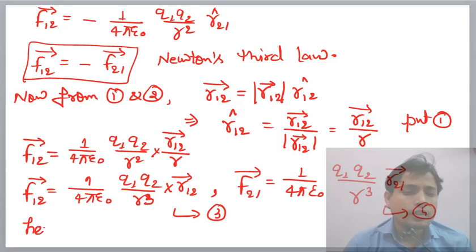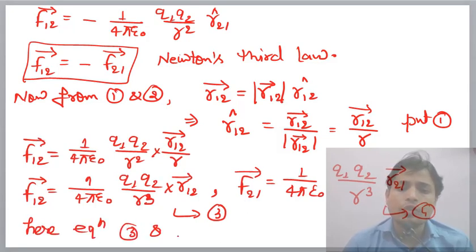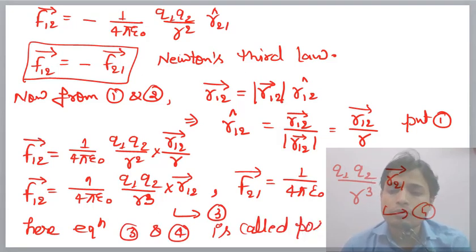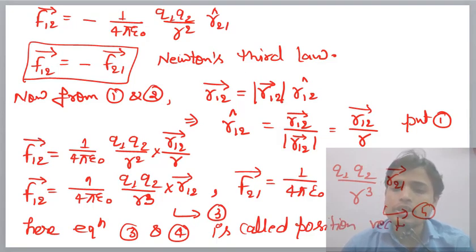Equations 3 and 4 are called the position vector form, since r12 vector is a position vector. This is called the position vector form of Coulomb's law. Both are vector forms. You can write any one, either 1 2 or 3 4. Okay,